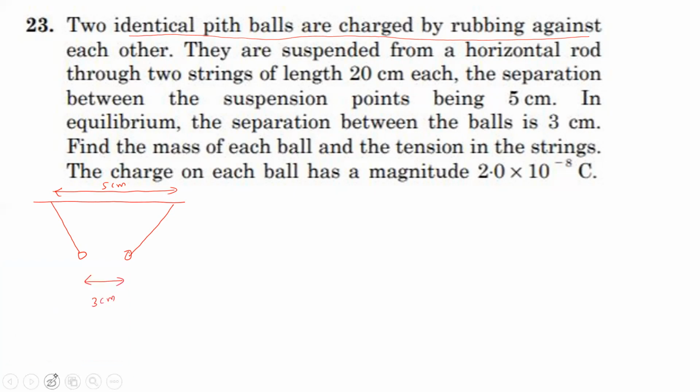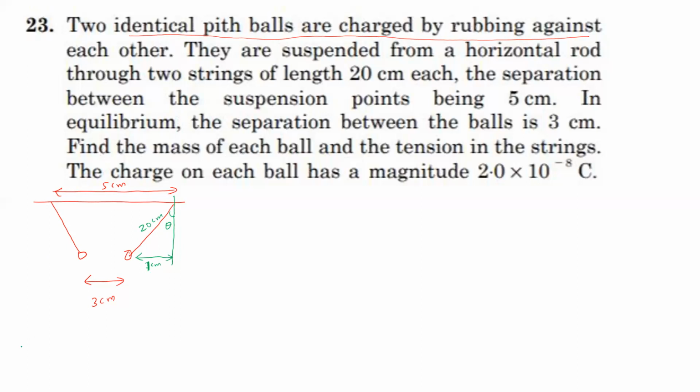Listen. Now let us assume this is the vertical direction. We assume this is 5 centimeter, this is 3 centimeter, so this length should be 3 centimeter. Let us take this angle as theta. Here the length of each string is given as 20 centimeter. The length of this is 3 centimeter, not 1 centimeter, because the total is 5 centimeter. This 3 centimeter means this side 1 centimeter, here 1 centimeter, so here the length is 1 centimeter.